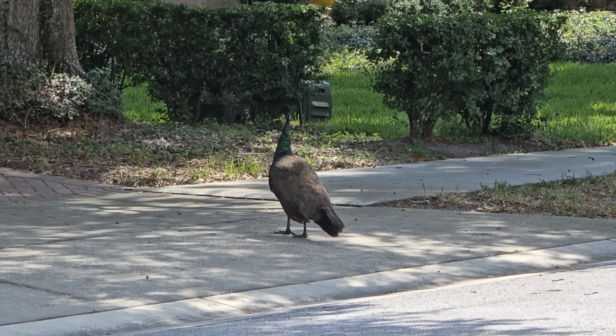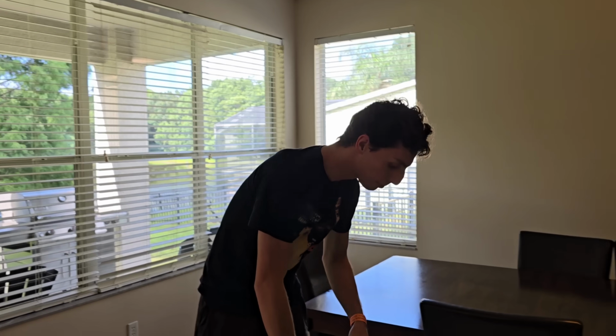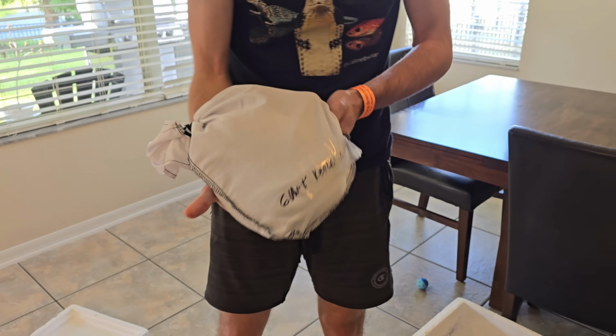Alright guys, we just got back from the Daytona National Reptile Breeders Expo, and we got ourselves a new snake. It's inside this container, so let's go ahead and open this container and take out this awesome new animal. Alright, so you can see we have this nice big bag here, and inside this bag is